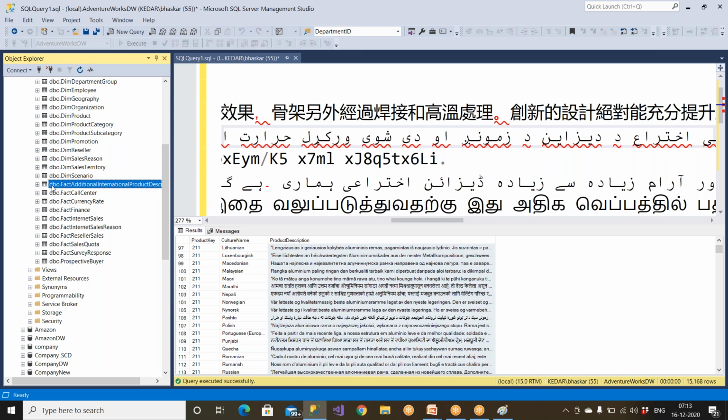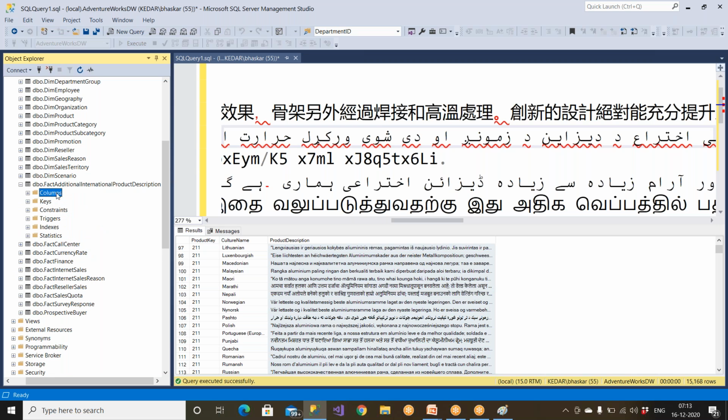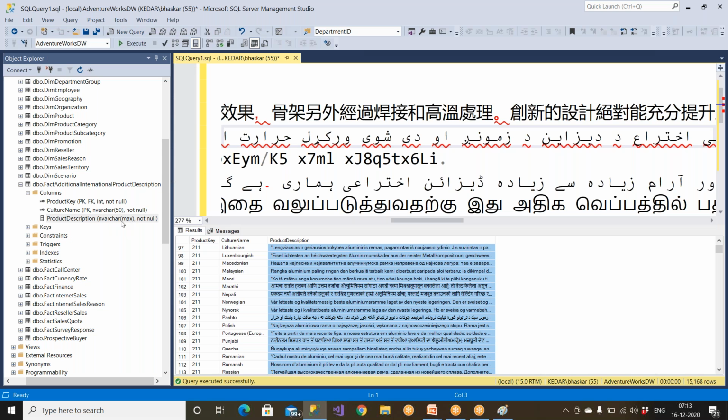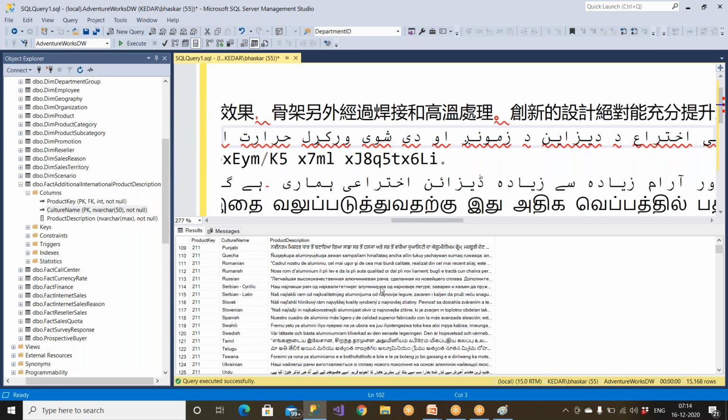If you wanted to see the data types for it, you can just maximize this. Then you can see product description. This is the description, and its type is nvarchar max. Have you seen this? It is not varchar, it is nvarchar max. And this is the culture name column, which is also nvarchar 50. Clear? It is very, very important, guys, and this is how you can understand. So databases today, not only SQL Server, Oracle also,